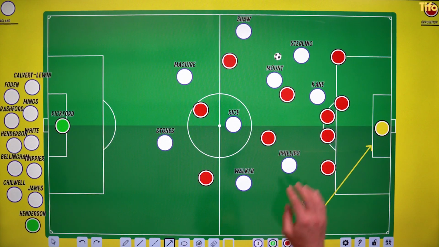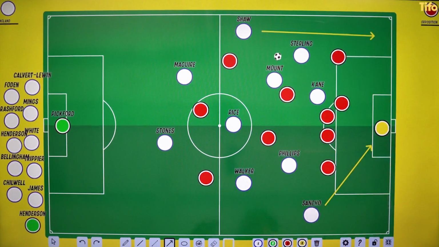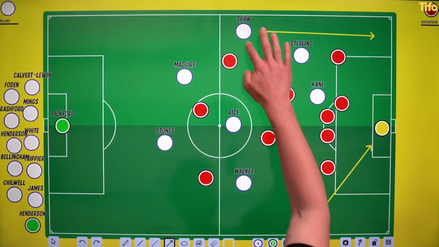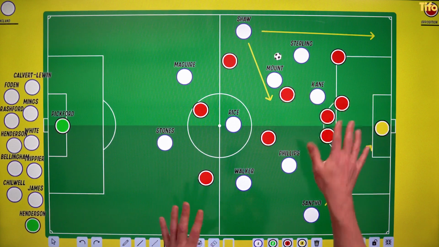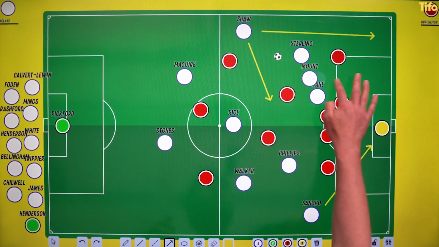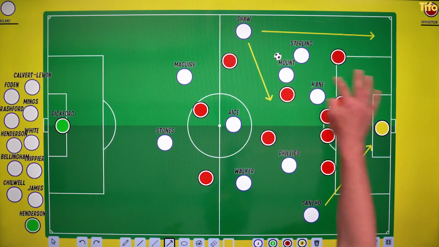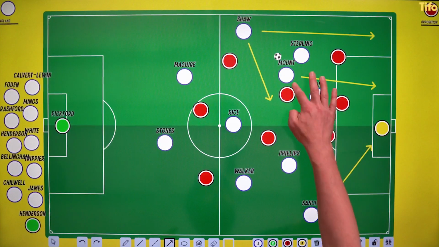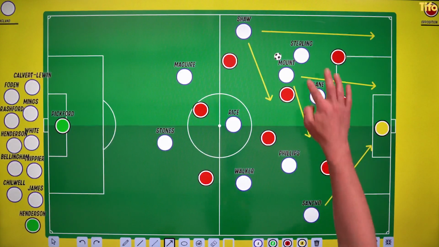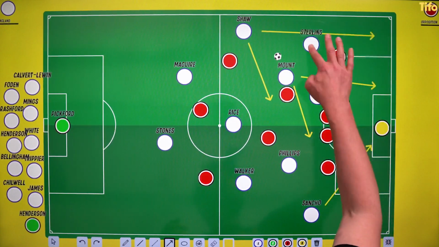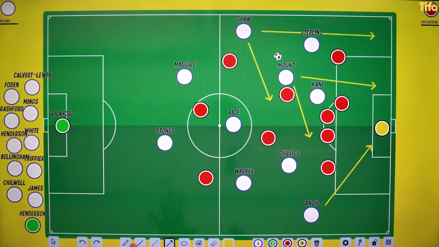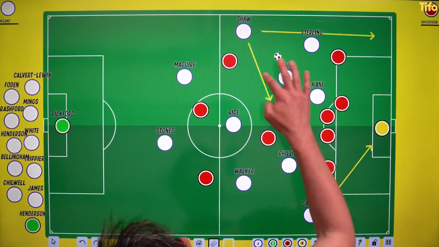You have a fullback who is able to overlap and then pull crosses in, or underlap, bulk out central midfield, play clever through passes. Mason Mount is the kind of player who again can burst in behind or can drop off, come a little more central, can even get round himself. Sterling, the same.